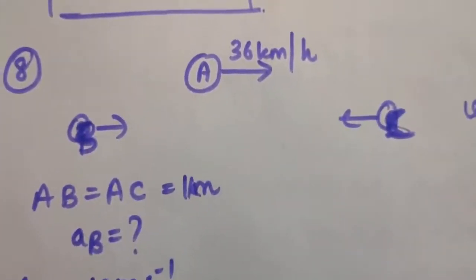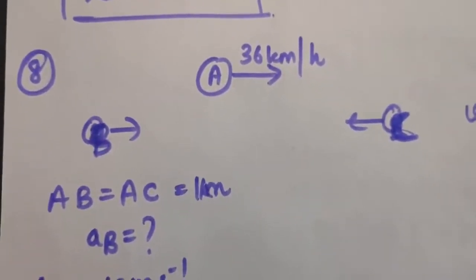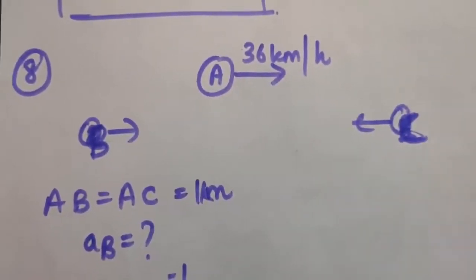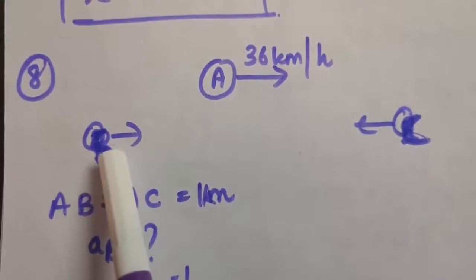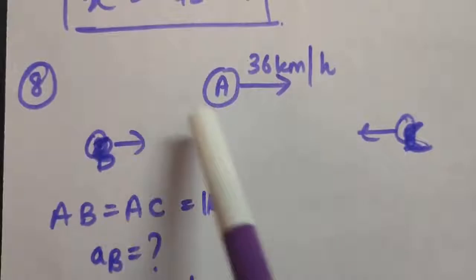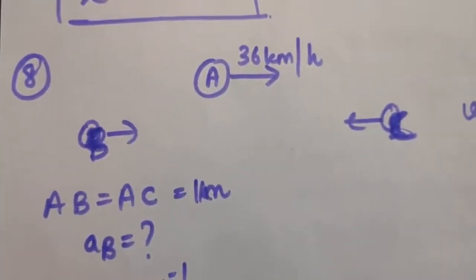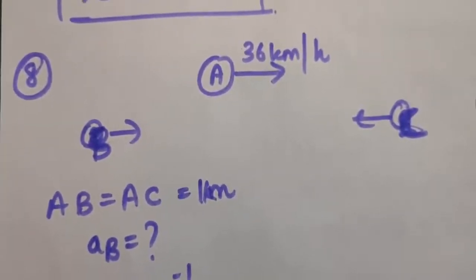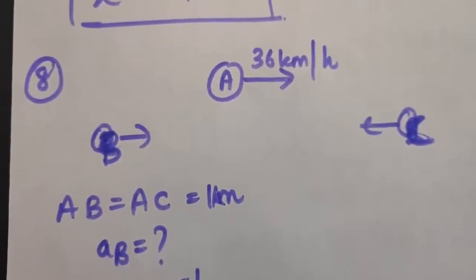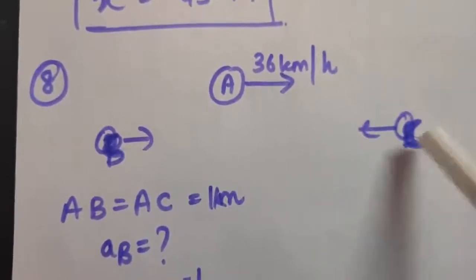Now you will ask which velocity we should take for that time, either velocity of B or velocity of C. So the answer is we will be taking velocity of C, because we have to calculate the acceleration of B such that it crosses A before C. So therefore we will be taking velocity of C with respect to A, so that we know in how much time C is reaching A. So B should reach at that time only or faster than that time.